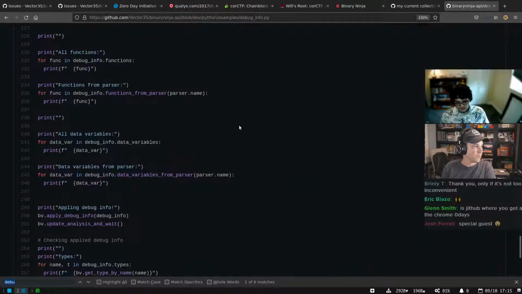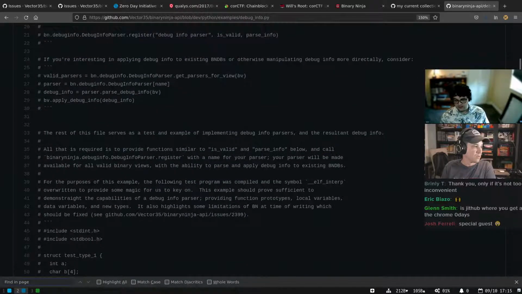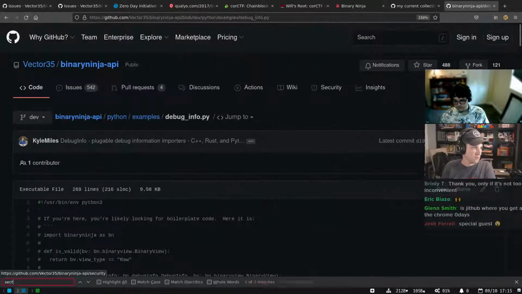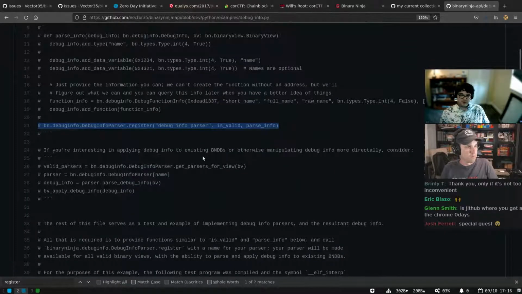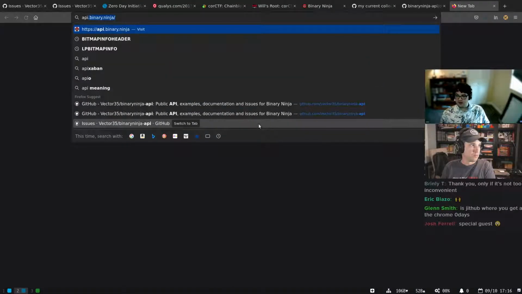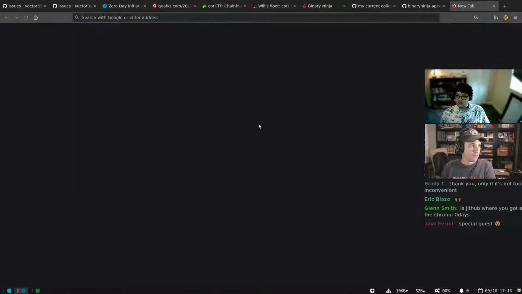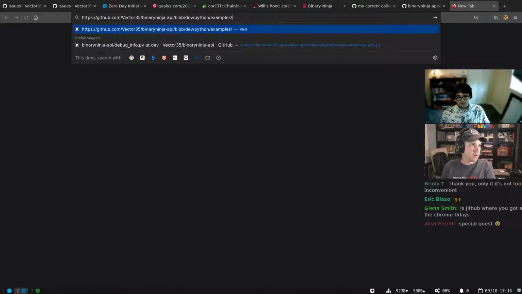So for a DWARF debug info plugin, you're looking for sections that begin with debug underscore. And then your second function, parse info, you are given a debug info object, which you are to populate, and a binary view to get the debug info from. And the rest is up to you.